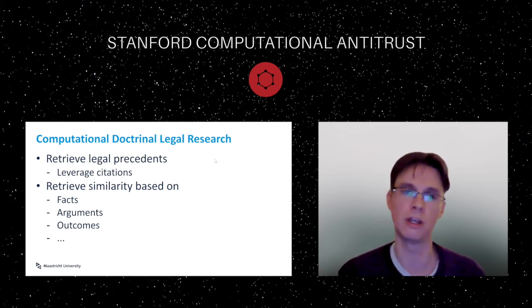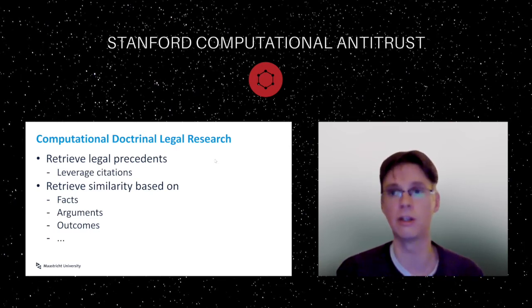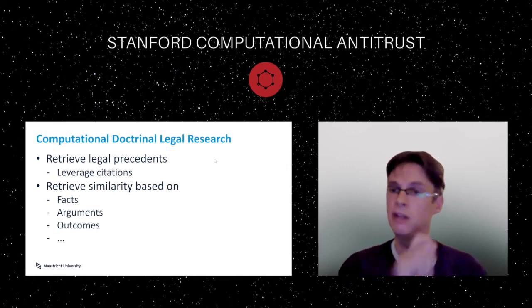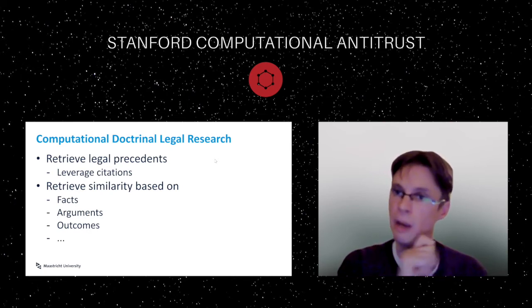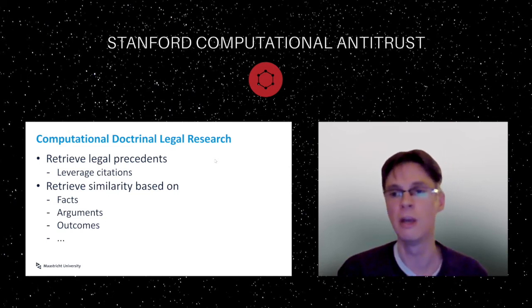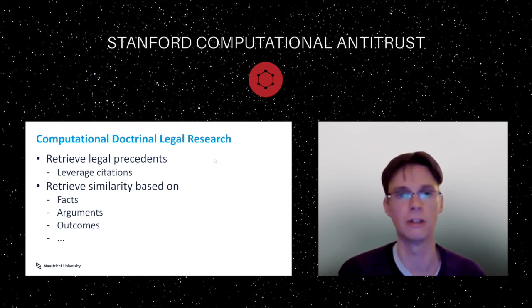You can basically say, hey, if I have a given decision, can I look for a similar decision based on the facts? Can I look for the similar decision that uses the similar legal concepts? And then you can compare it against the outcomes. And if you can then combine it with legal citations, then maybe we're able to leverage that information altogether, maybe even have a slider where you go, I'm more interested in the citation weights, or I'm more interested in the semantic similarity weights. At least it allows us to play around with the data and fine tune the results and gear them towards the questions that we're interested in.